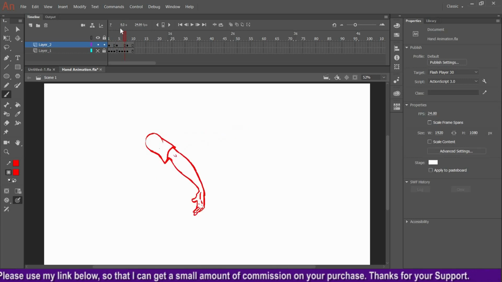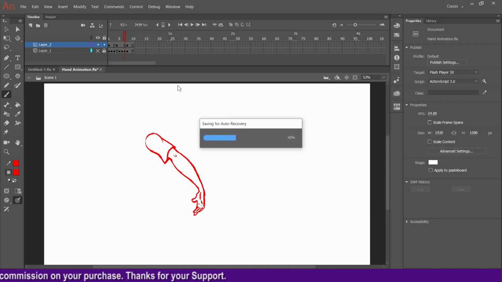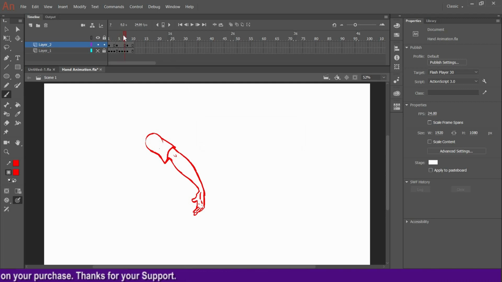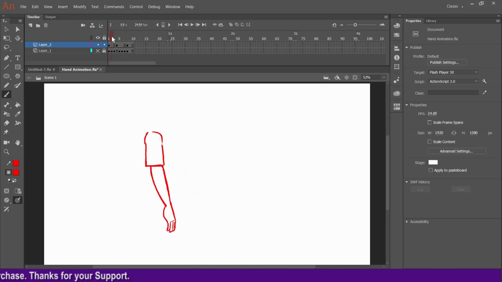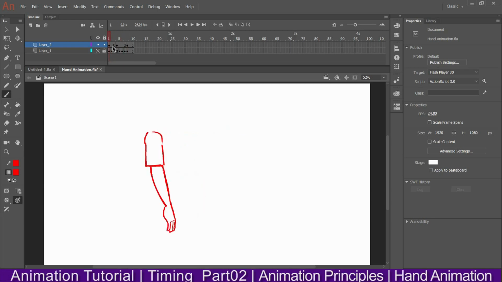Cushion means going to settle somewhere. Before that, some speed is there that will reduce. That is called cushioning. Cushioning to settle. So the speed will be lowered down to get settled. So here I'll do some cushioning, and here at the beginning I'll do some slow in, then slow out, then again slow in. Because at the beginning we can't start all of a sudden. We need some pace to move the hand to slow out.